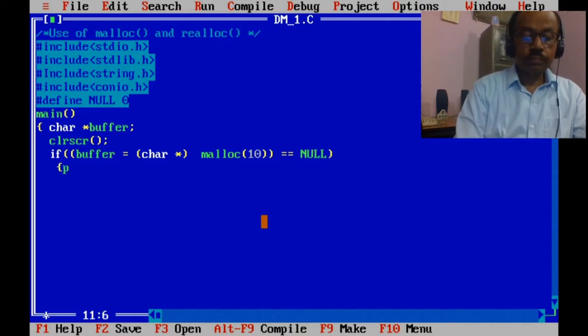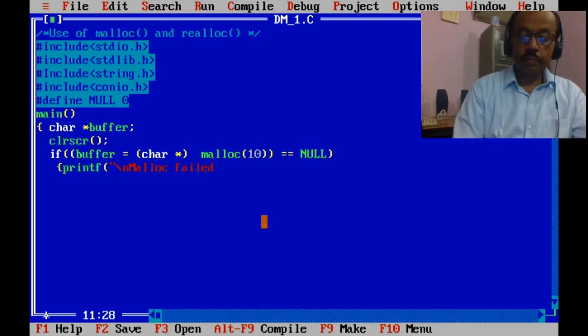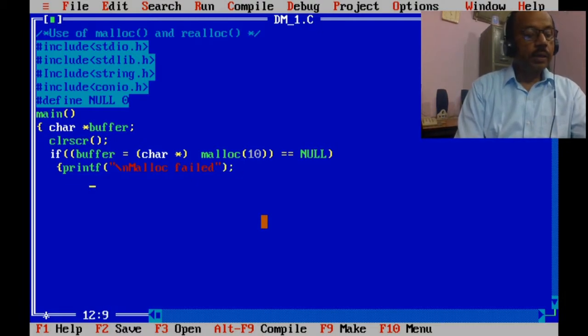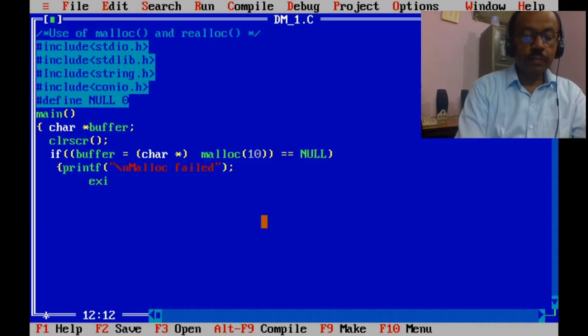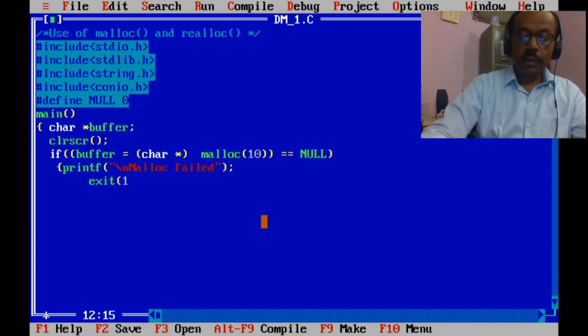If it fails, printf "\nalloc failed", then this statement will be displayed on the screen and the program will terminate.